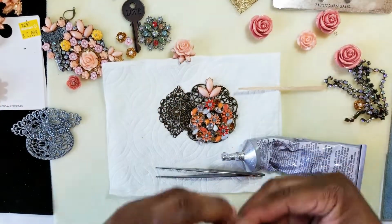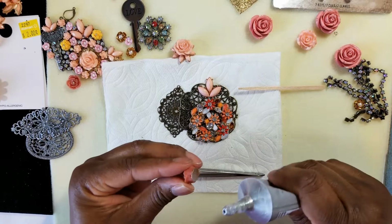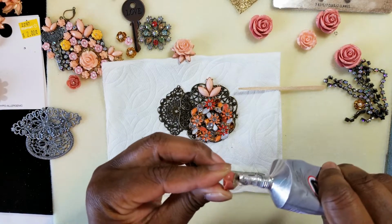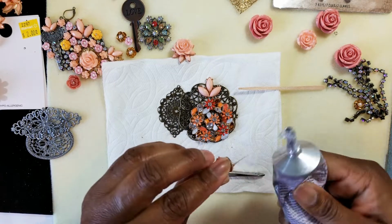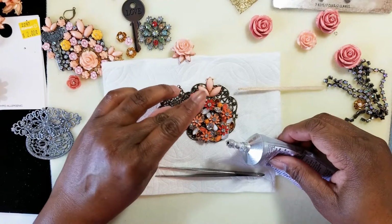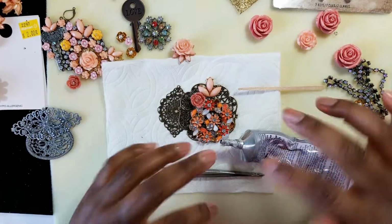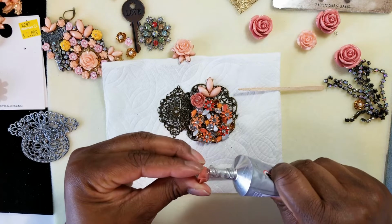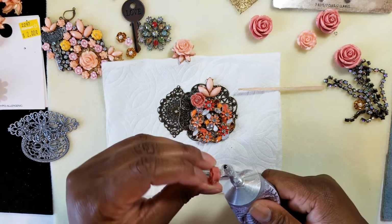Okay. So then we're going to start adding our little ones here. And I'm just going around and gluing them on. And that's what you do. Now you can use buttons. You can use old bits and bobs of jewelry, pull them apart, do what you want to do. So that's what this whole thing is about. Everything here I'm using is new. So I bought this with the purpose of...